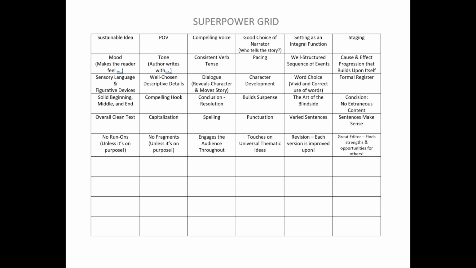Let me share with you a whole plethora of writing superpowers that you can share with your kids. If you look at this grid, chances are you have several kids who have any number of these writing superpowers already, even if it's just emerging. You could really encourage your kids by saying, hey, I love the pacing that you're showing. I think that you could write some really great things. Or, you have a great hook. Wow, you're really good at that.